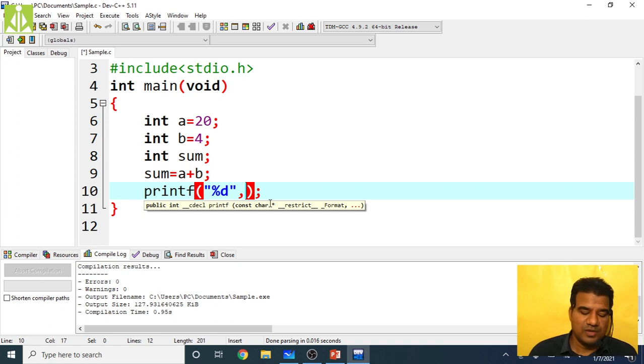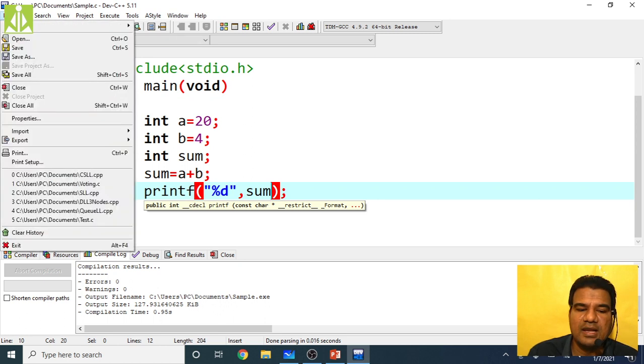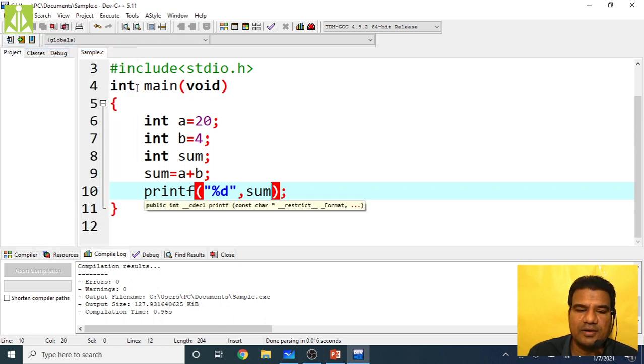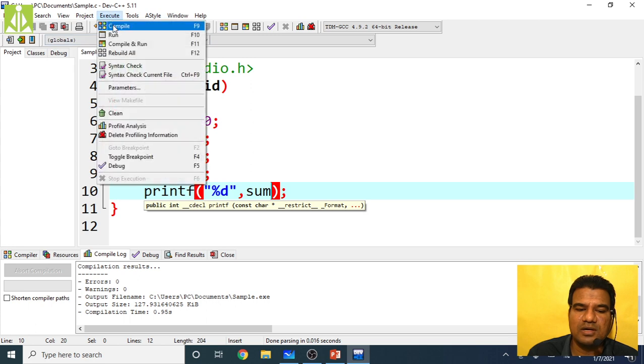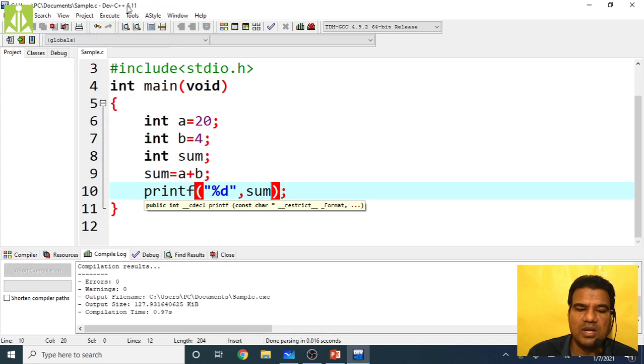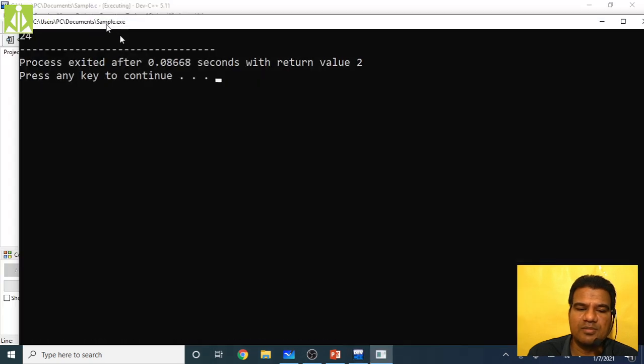What I have to print is sum, so I'm giving sum over there. Right now I'm printing the sum value on the output screen. So save this program, go to file, save. Then execute, compile, compilation successful, then execute, run. You can see the sum of those two.